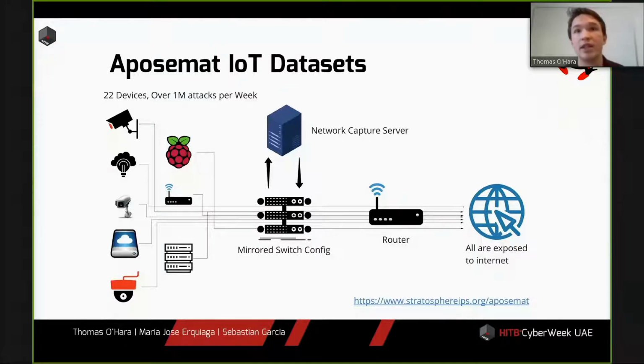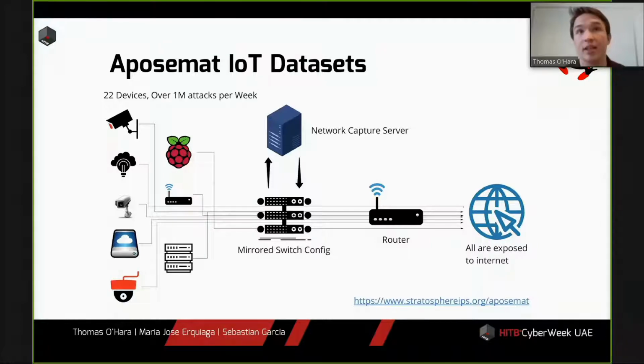All the traffic is then forwarded through our router and exposed directly to the internet. So the key thing about this setup is that it's useful because it emulates the situation where IoT devices are directly exposed to the internet,